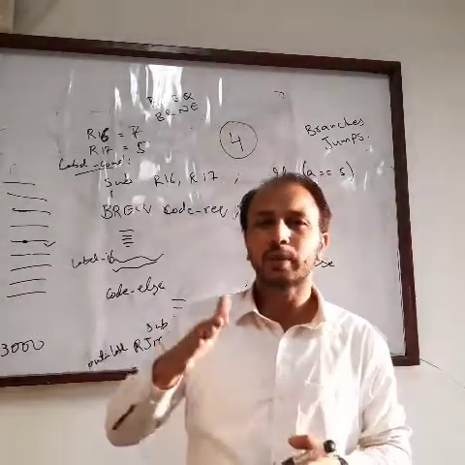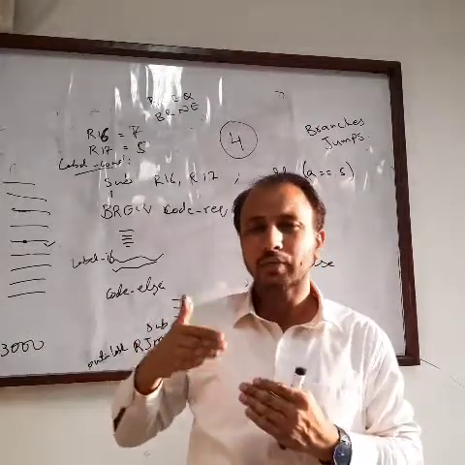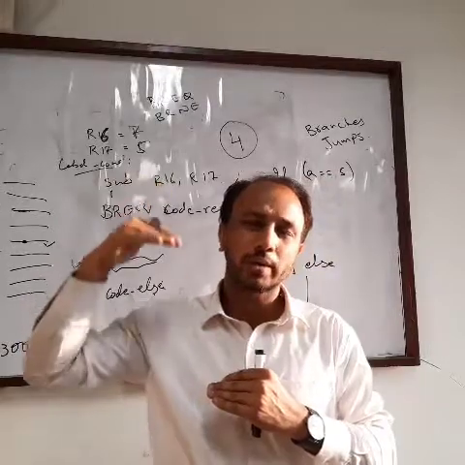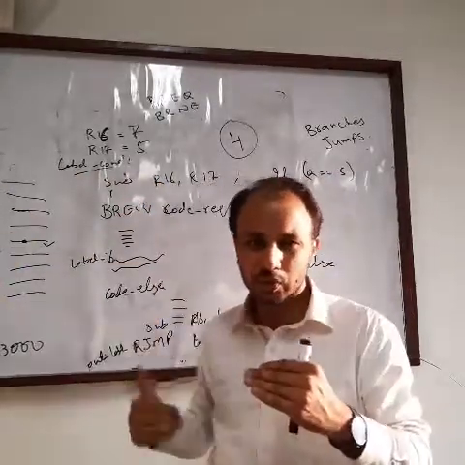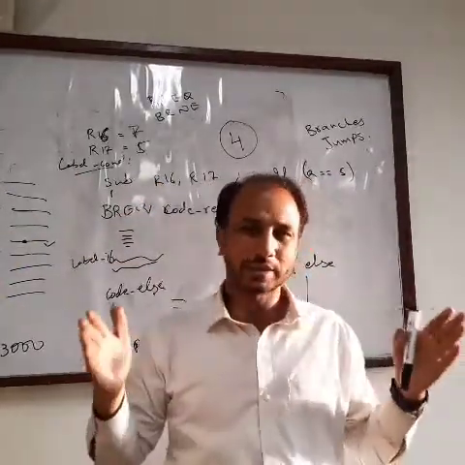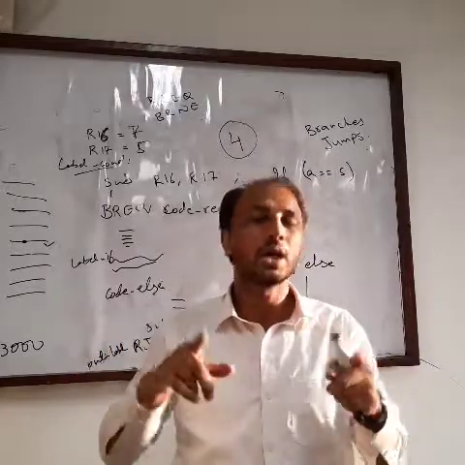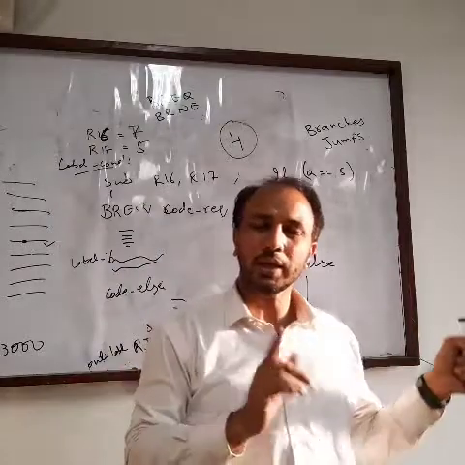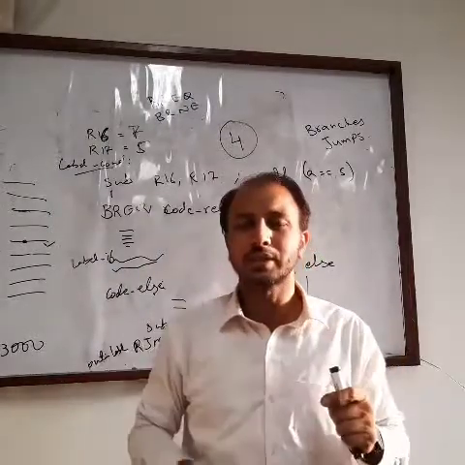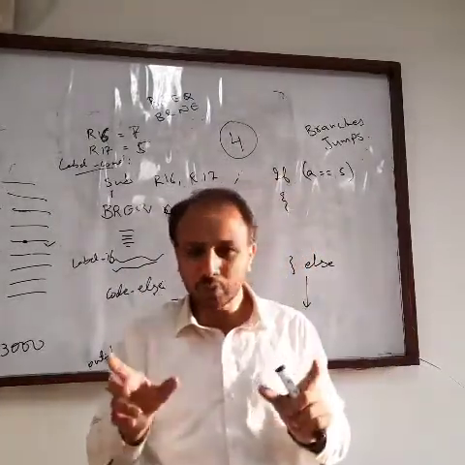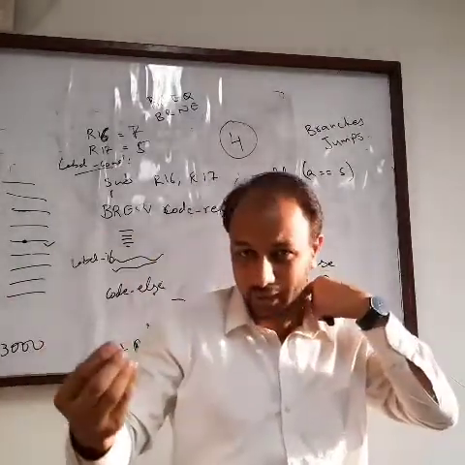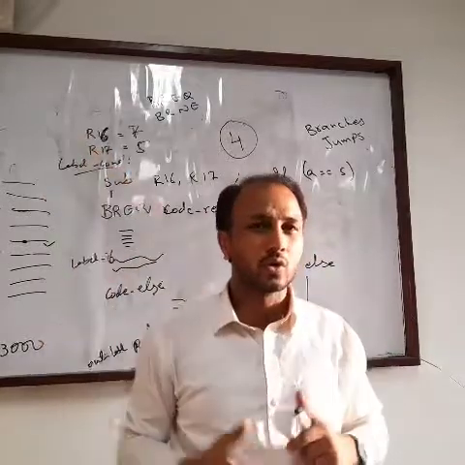In unconditional jumps in AVR assembly, we have RJMP, relative jump, and we have JMP. Relative jump can only be relative from where we are standing, so it can go 2K forward and minus 2K backward. Its instruction size is less. You have to check its instruction size and how many clock cycles it takes. On the other hand, JMP is an instruction which takes an absolute address to jump.